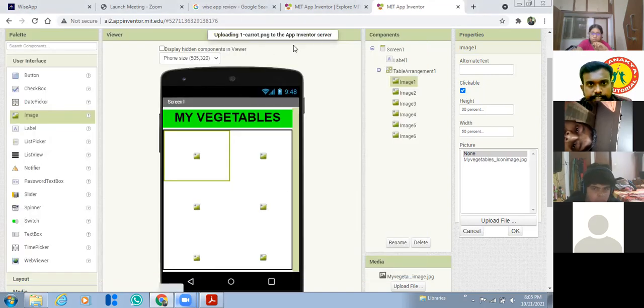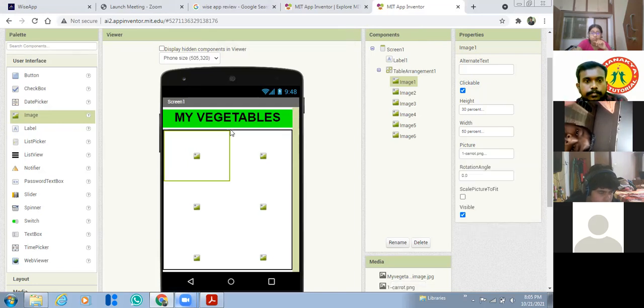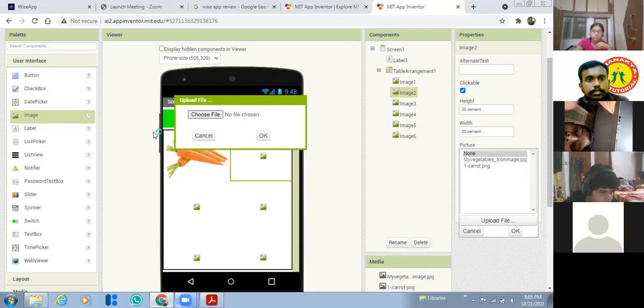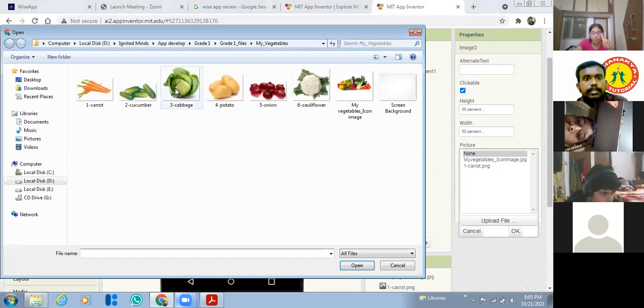It will take some time to load, so you have to wait for it. It's loading. Now the carrot image is uploaded. In the same way, upload all the images in the respective image components. Now everyone start doing it, and those who completed, send a thumbs up.